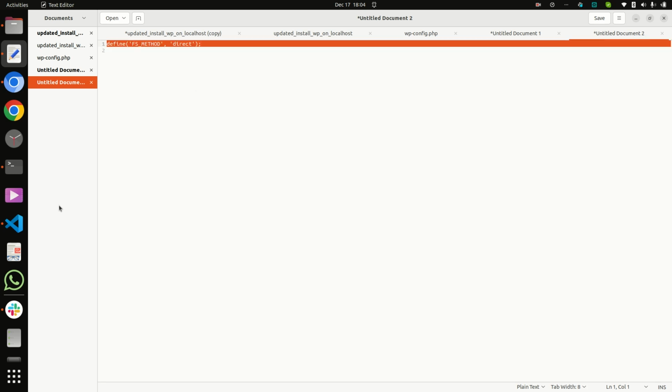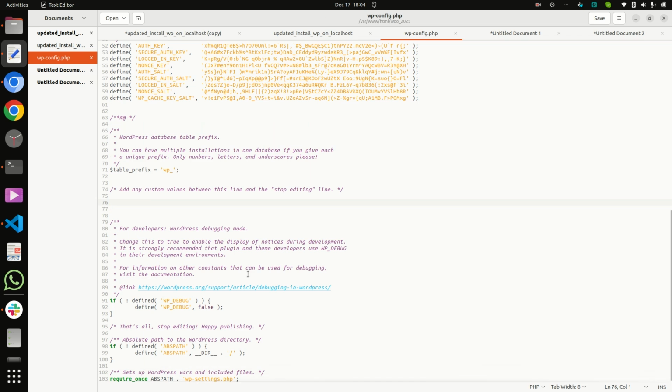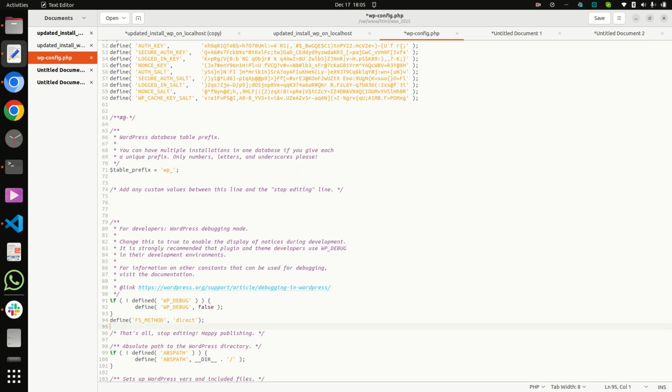So go to the config file, and here, before "That's all, stop editing, happy blogging," you can put this define FS_METHOD direct.